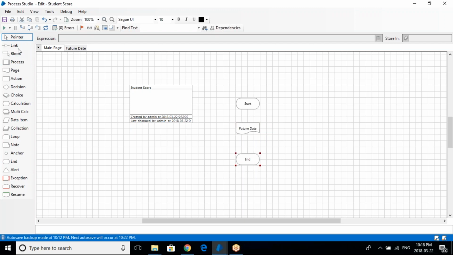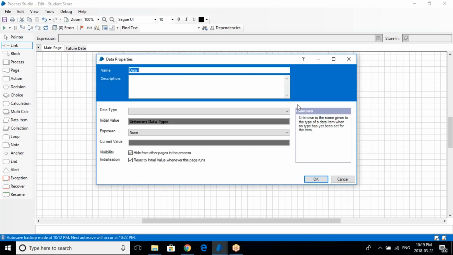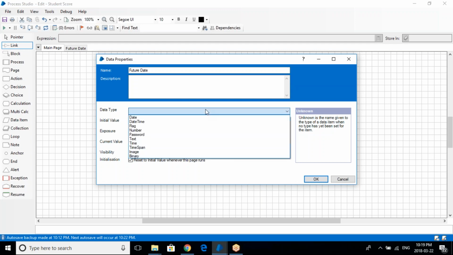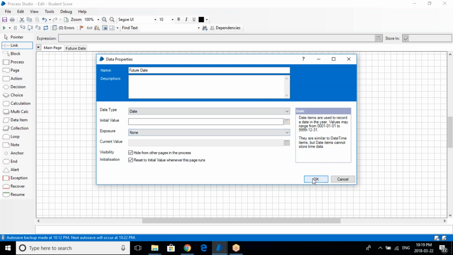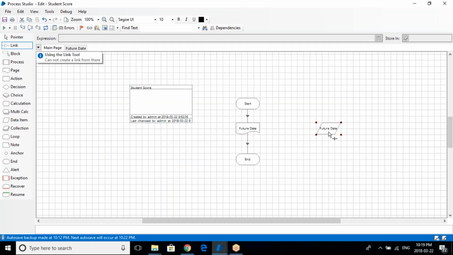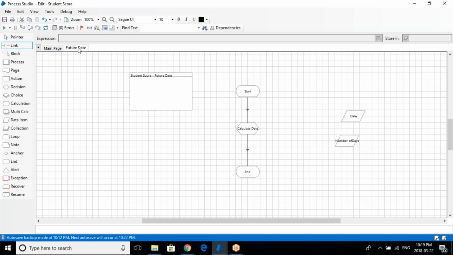So my main process is ready. Now I basically wanted to pass some value from the main process and retrieve the value in the main process itself, whatever the future date is. So let me create a data item, say future date, and give it a date type. So,